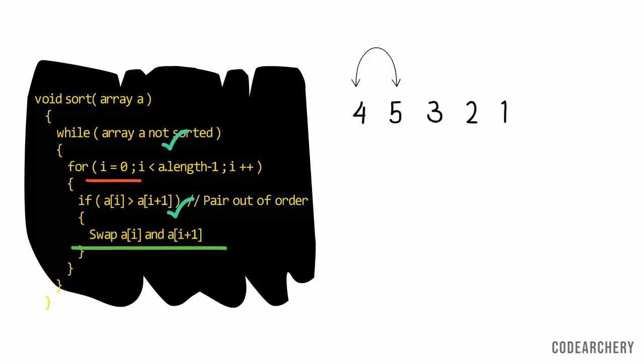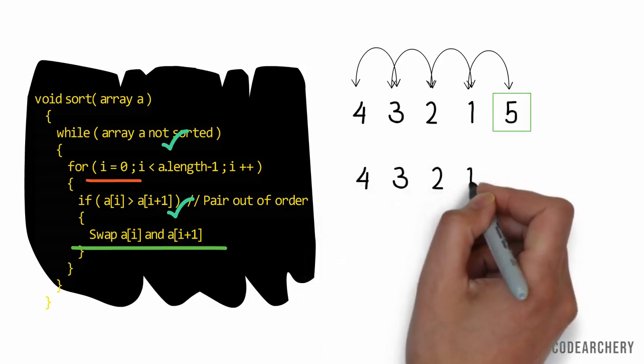So now the value of I is incremented. Now again 5 is greater than 3, so we do swapping. As you can see, we'll first swap 5 and 2, then again we'll swap 5 and 1. So I am directly writing the sorted list. You will observe that the largest element is at its correct position.